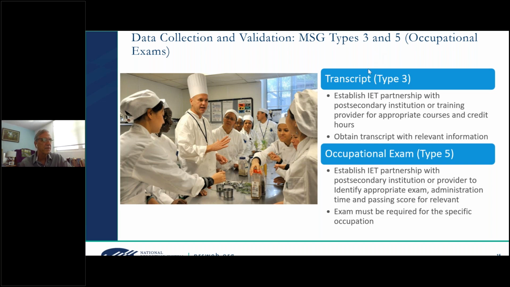I don't know, this picture is a culinary exam. I don't know if there is one, but if there were, I know there's a lot of occupations that have exams to pass. So then that's, again, I think more cut and dried. You set up the partnership, you identify the occupations. If there's exams associated with them, you can then establish that as a type to demonstrate an MSG,